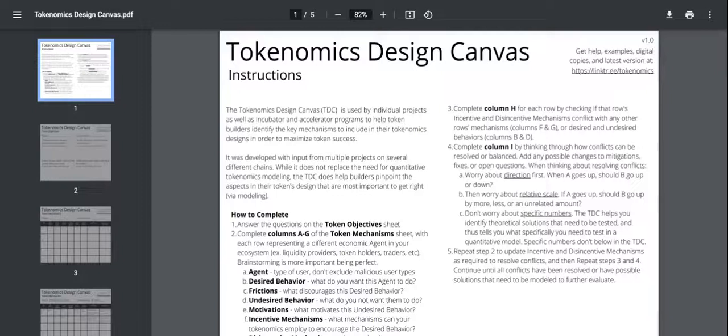Today, I want to introduce the Tokenomics Design Canvas. The Tokenomics Design Canvas, TDC, was developed with input from several different projects working on different chains. It's used by incubators and accelerator programs, and it really helps builders identify the key mechanisms they want to include